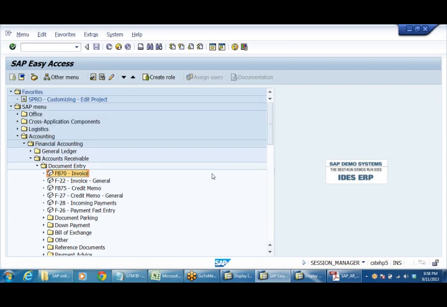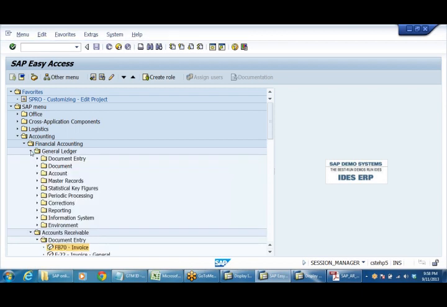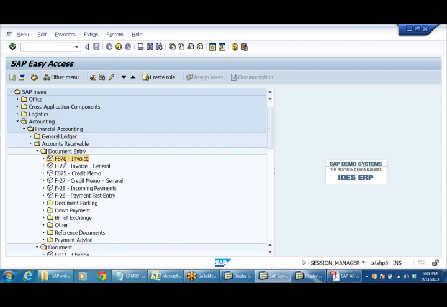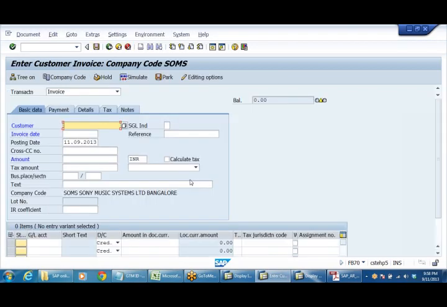The relation between F-22 and FB70 is the same relation which you have in case of FB50 and F-02. Here it is multi-line item. It is screen by screen you can post. If you want to post in FB70, so it is multi-line item.